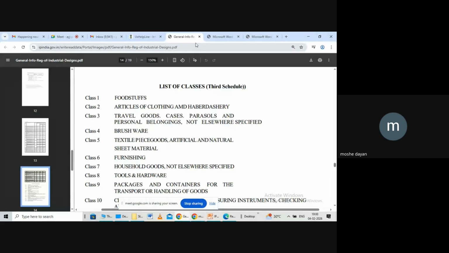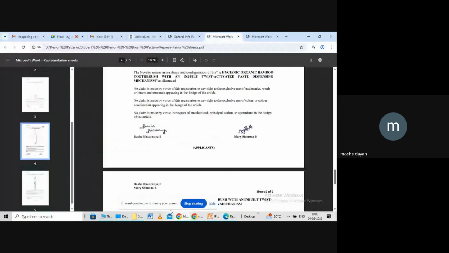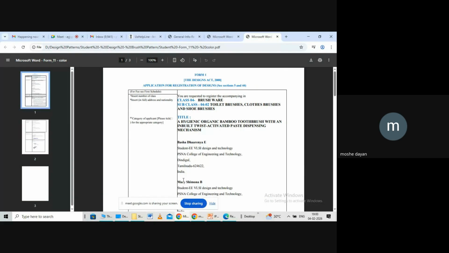Oh my God. What's happening? Okay. Yes. So this is class 4. Subclass is 4.2. The subclass details will not be given in the general booklet, but you can find the subclass in a particular classification that is called Locarno classification.